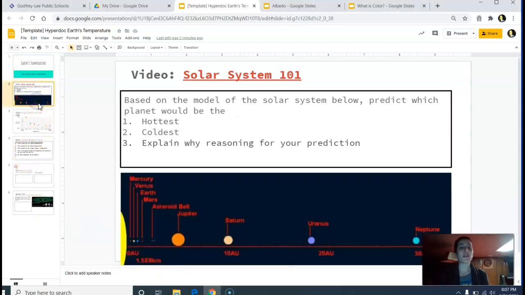Okay, so first I had you look here and make a prediction about which planet you would think would be the hottest and the coldest based on its distance from the sun. And most people had said that Mercury, they thought right here, would be the hottest planet because it's the closest, and Neptune would be the coldest planet because it's the furthest away. And based on our life experiences, generally when we are close to something, you're warmer, and when we're further away, you're colder. But as we look at the data, we find that's generally true, but not always.